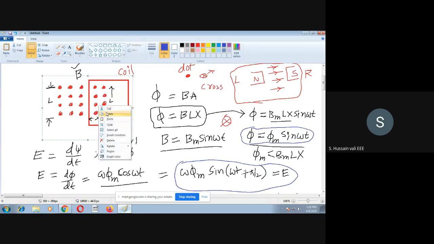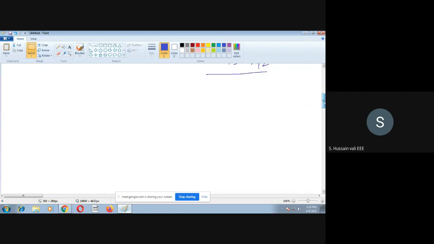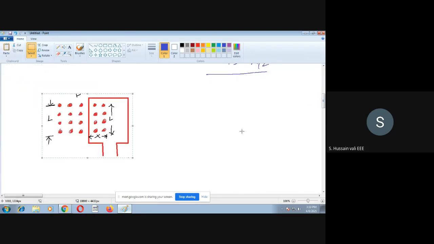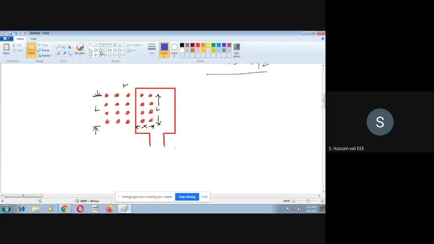What Lenz law says, I just told you that Lenz law will tell you the polarity of the EMF. So what is the polarity of the EMF? EMF is induced between these two points, point A and point B. Across point A and point B, some EMF is induced. Now the question is what is the polarity of this? Whether A is positive or B is positive, which has higher potential. Definitely between A and B one is positive and the other is negative. Which one is positive, which one is negative? This polarity will be decided by Lenz law.